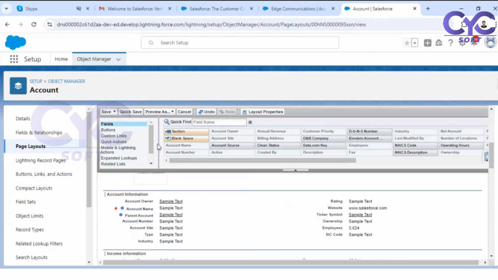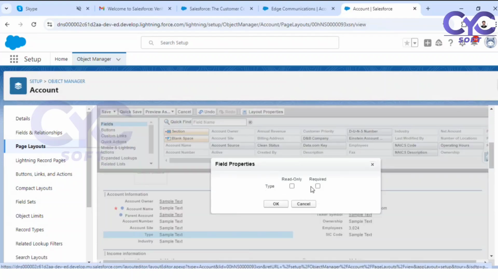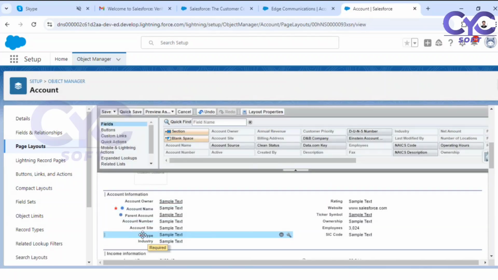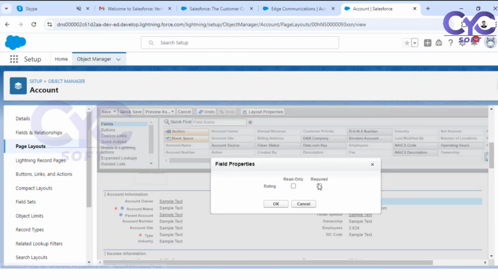Like this, in this particular new page layout, I am updating this particular type field as mandatory. Go to this properties, see here, type as required. Click on OK. See now the star mark is there. So that means it is a required field. So the remaining fields are not mandatory, right? So now click on this. Let me say the rating also I am making mandatory. Click on this properties, update it as a required field,